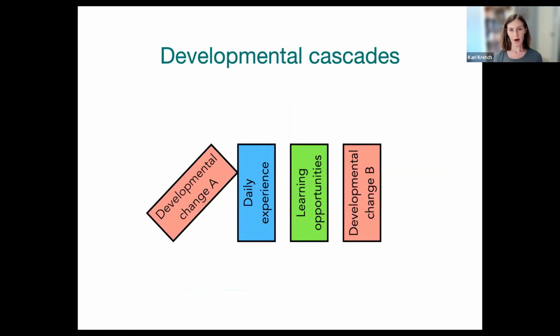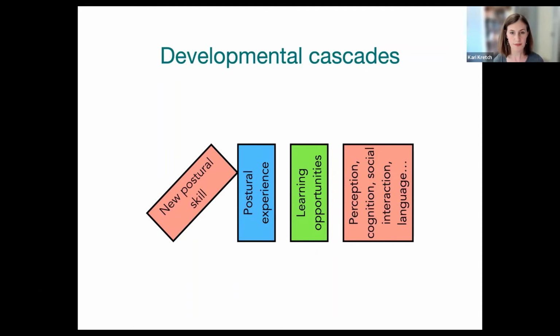So this work has sparked my interest in what are known as developmental cascades. And this is a framework that's informing a lot of my current research. A developmental cascade is a causal relationship between one developmental change and then another developmental change, with the second often in a completely different developmental domain from the first, that is mediated through effects on daily experience that change opportunities for learning. So for example, attainment of a new postural skill, such as independent sitting, increases everyday sitting experience, which